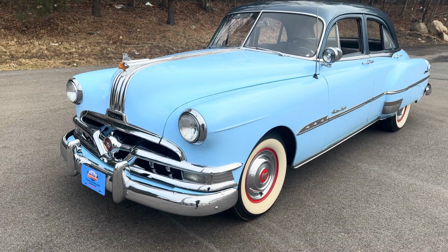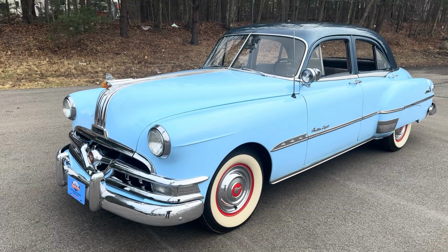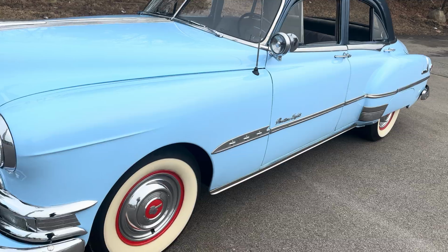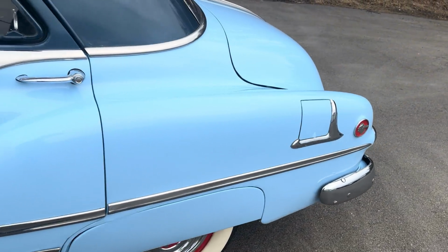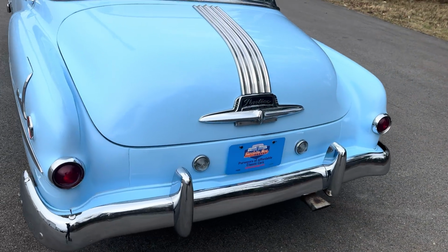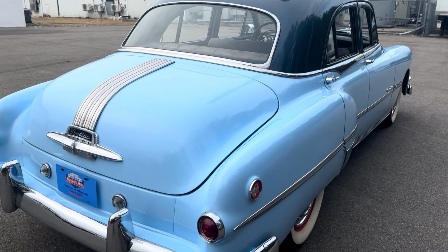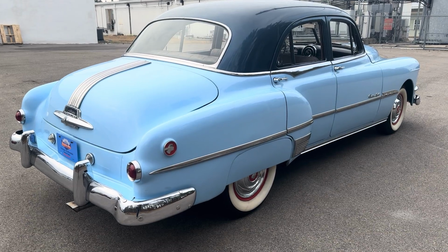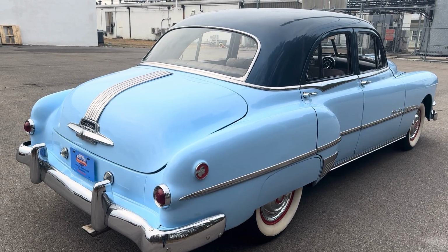that was rebuilt to this car about 1.5 years, maybe 2 years ago. So that transmission has all been rebuilt, and it is the iconic General Motors hydromatic automatic transmission, which I don't think was available in Pontiacs until 1948. And being that this is a 1951, it was still fairly new, but they did build a lot of these cars. They built over 300,000 of these Chieftains in 1951, and of that, about 250,000 or so were equipped with